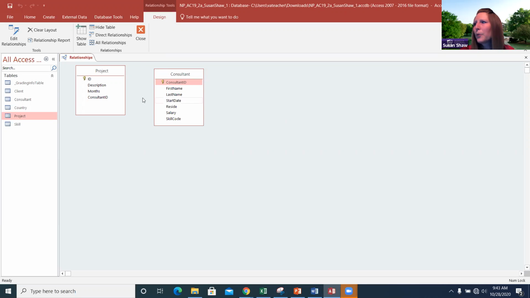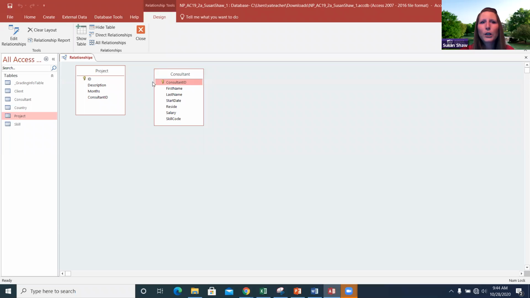Okay, so it tells me add the project table and the consultant table, and we're going to create a one-to-many relationship between the consultant and the project table using the common field consultant ID. And we're going to enforce referential integrity on the relationship. So you always are going to use a primary key going to a foreign key or another item. Anytime you're showing a relationship, it's always going to be going from a primary key to another item, typically a foreign key. So that's why we name this a foreign key in our other field name that we just created in that project